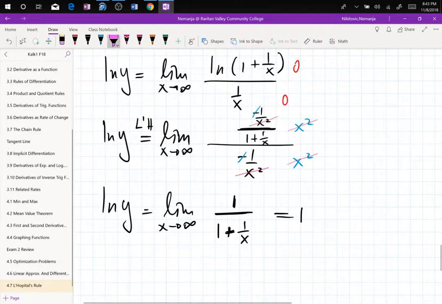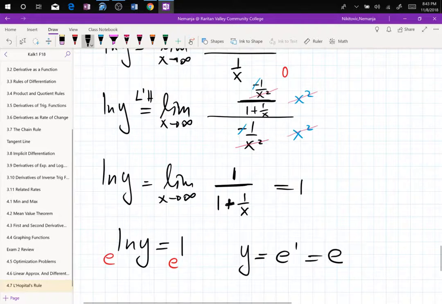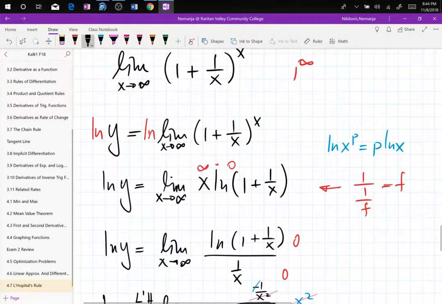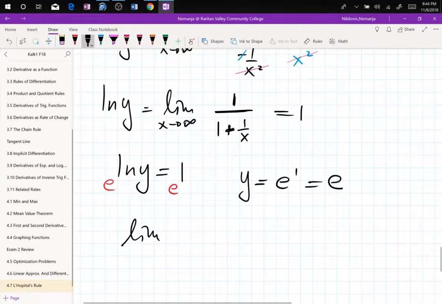What you have is ln y is equal to 1, which means y is e. You e both sides to kill ln. So y equals e to the 1, which is e. Now, what was y? Y was the entire problem, right? Do we remember that? That y was the entire problem? So, the limit of (1 plus 1 over x) raised to x as x goes to infinity is equal to